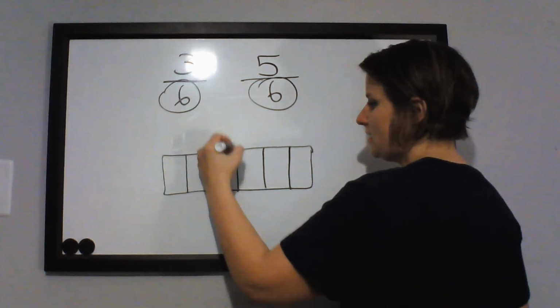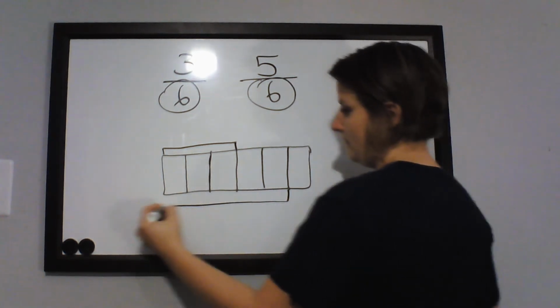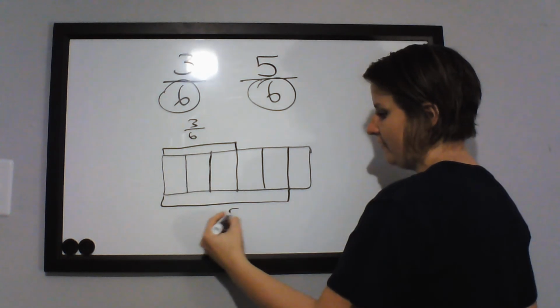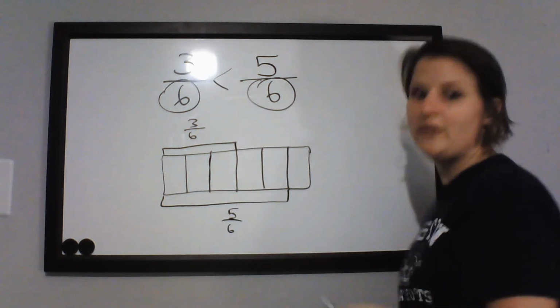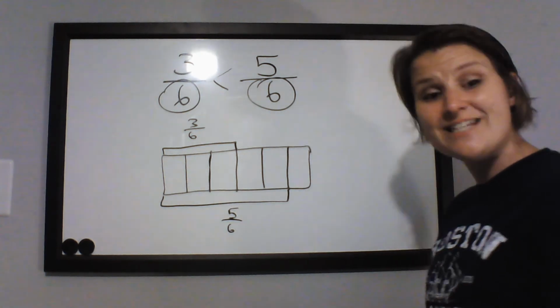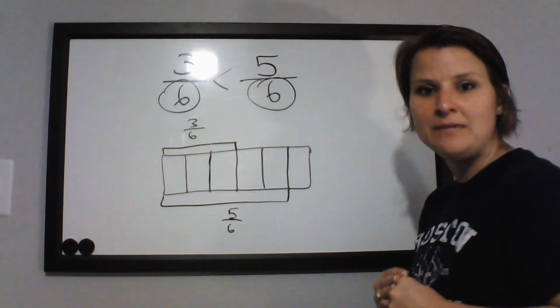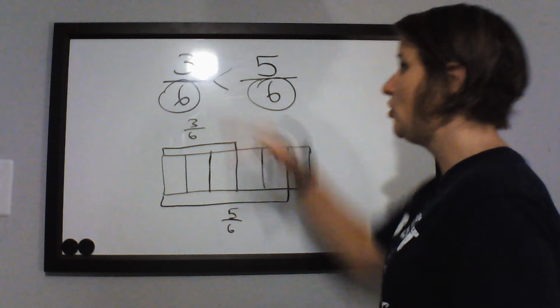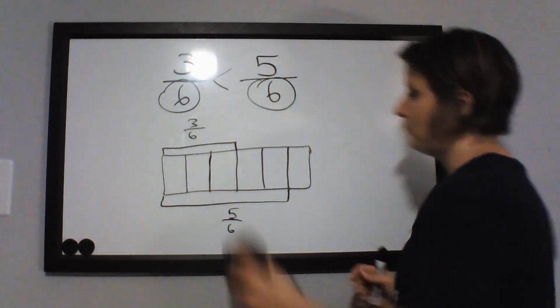So in 3/6, it's 3 out of the 6, and in 5/6, it's here. Okay, so we have 3/6 and we have 5/6, and so it's very easy to see that 5/6 is greater because it has more pieces in the same size pieces. Okay, this is what we call the same denominator rule. Okay, it's the easiest one. So if 2 fractions have the same denominator, you are simply looking at the numerator and seeing which one is greater. Okay,